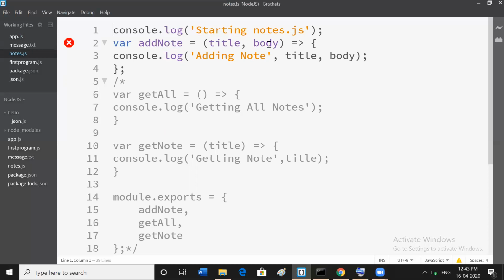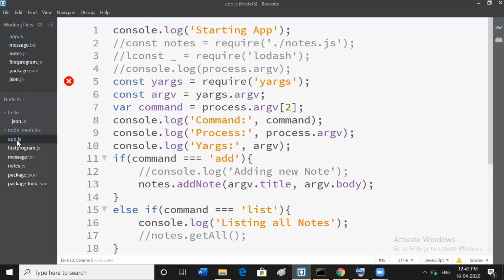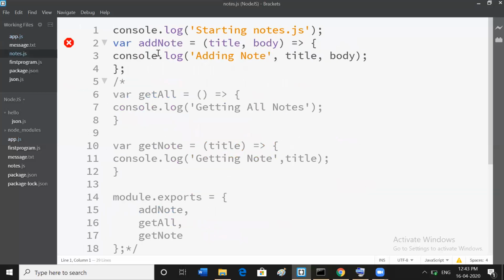It is accessed through yargs. Okay, same, this is the addNote, it is called through app.js. Here we called addNote argv.title and argv.body. Okay, go to this one notes.js. I'm writing the thing console.log adding note.